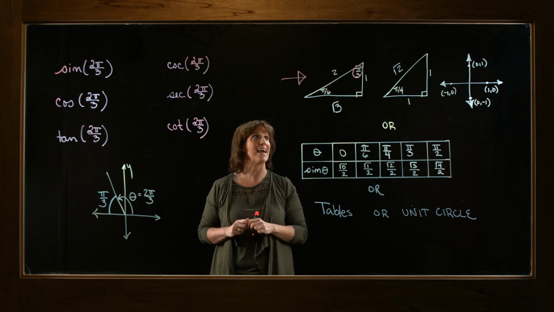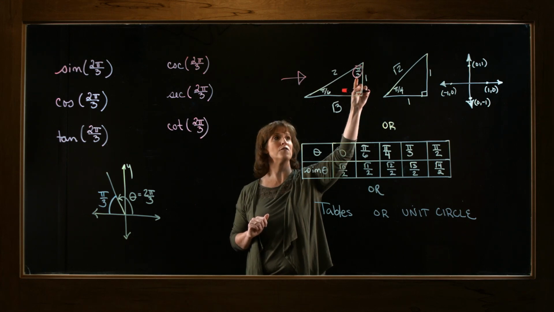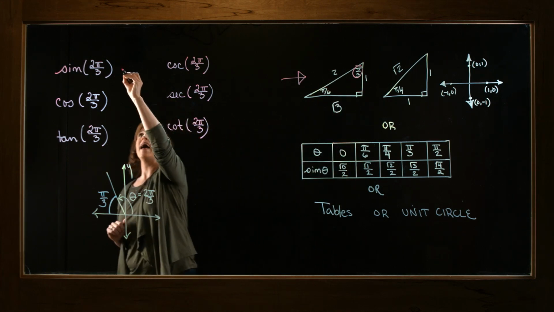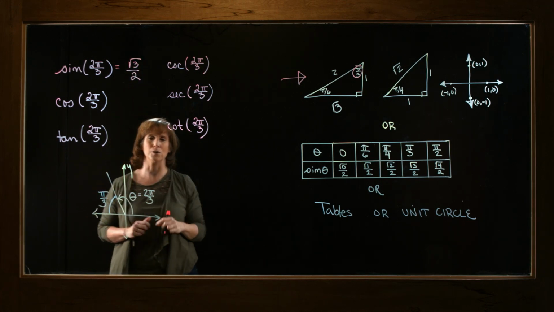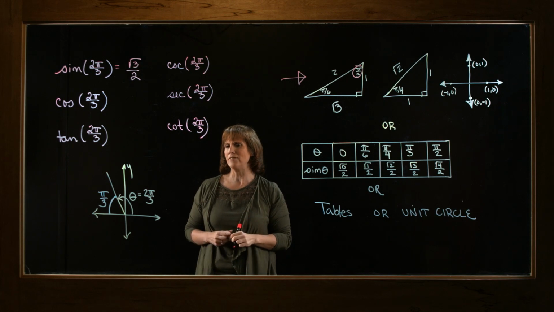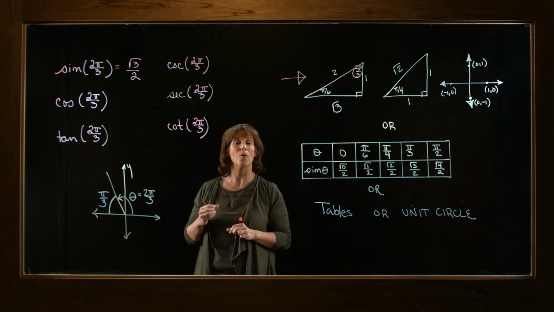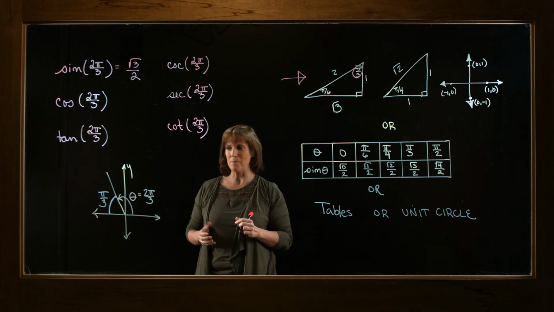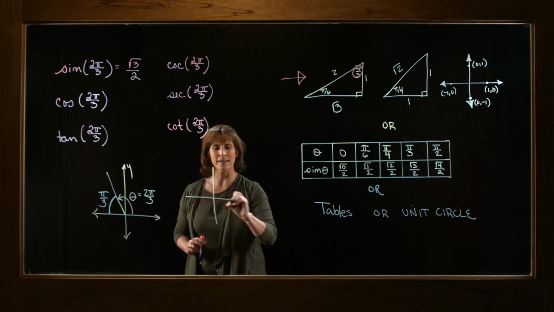I know that the sine is the opposite over the hypotenuse. So the opposite over the hypotenuse is going to be the square root of 3 over 2. So I have the square root of 3 all over 2. Now I have to determine whether I want that to be a positive square root of 3 over 2 or a negative. Now, one little trick that will help you remember this is by looking at a little trick that says